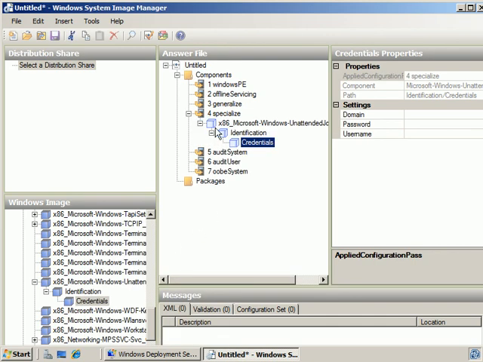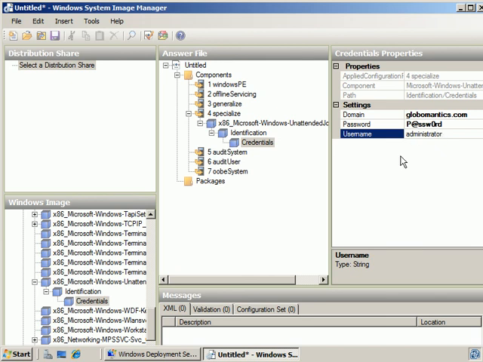You will see over in the answer file, we now have the ability to go ahead and enter these credentials. So for the domain globomantics.com, we want to use a password, and now you're going to actually get to see my secure password that I've been using. This is a very typical password that I've used very often in the classroom. It satisfies the uppercase and lowercase and a symbol and a number. That's the password that I've been using for my administrator account. So for username, we're going to use administrator. And those are the credentials that will now be used when joining the